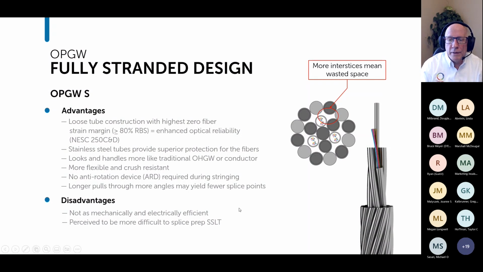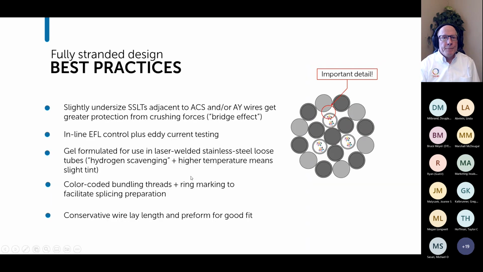They're not as mechanically and electrically efficient as the other two. This is because when you look at this cross section, you see you end up with these gaps, and that's kind of wasted space. Hate to say it, but it's true. And you're back to having this problem that some splice techs don't like working with the stainless steel loose tube. Best version of this cable,